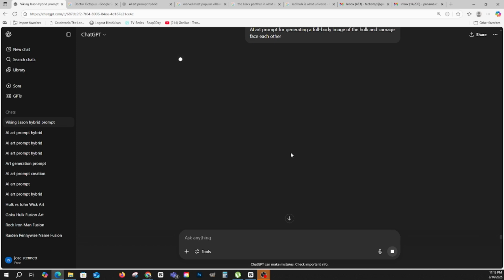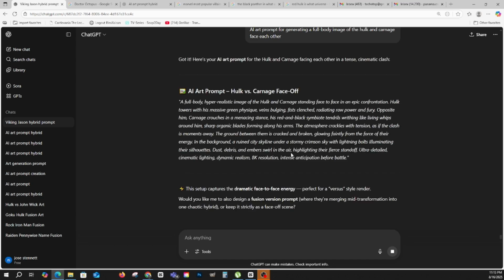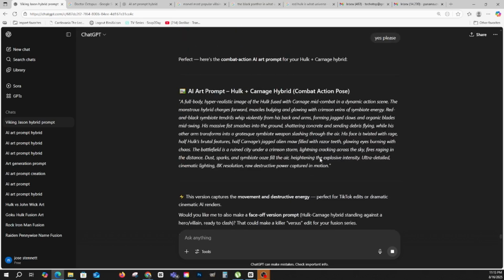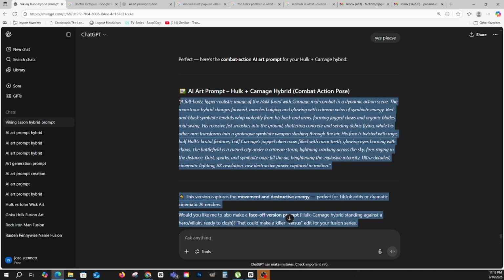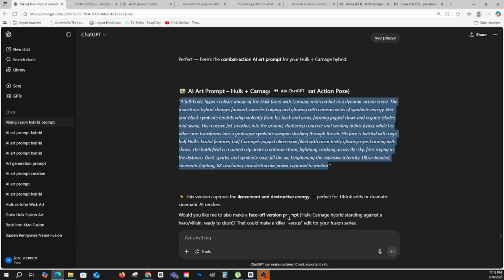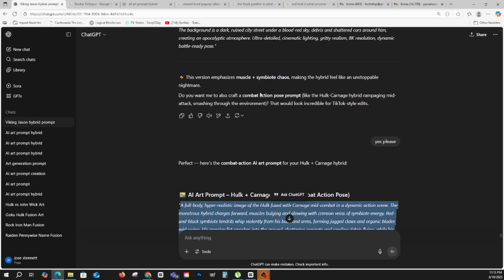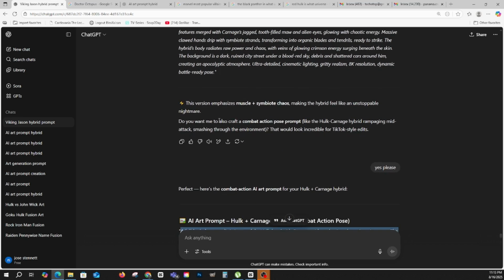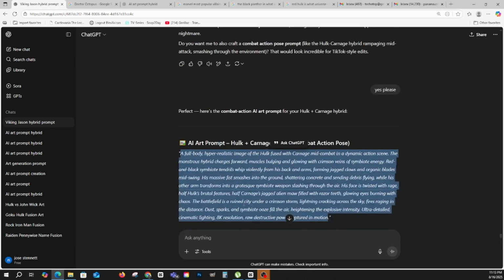So like I said, this isn't very difficult. It just takes some practice. When I first started, I was doing animal fusions, and I had a lot of fun just being creative, and I was just curious to see what certain animals look like together. Okay, remember now, this is the action pose that it's going to do for me. Where did it say it was going to do an action pose? Oh, right here. Okay, so I'm going to take that,